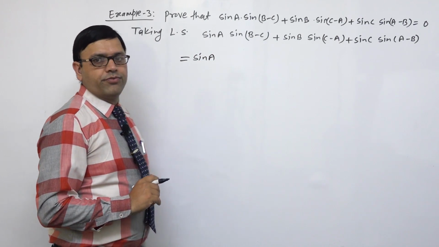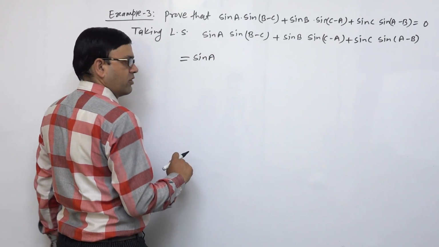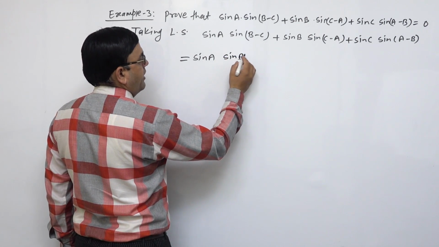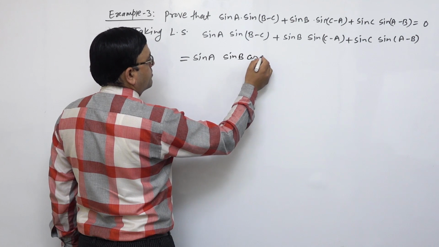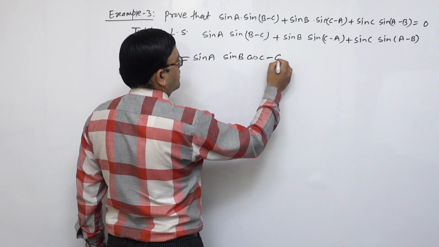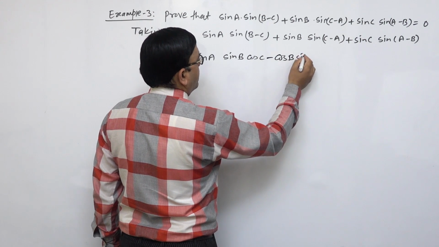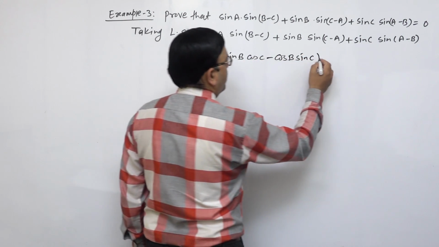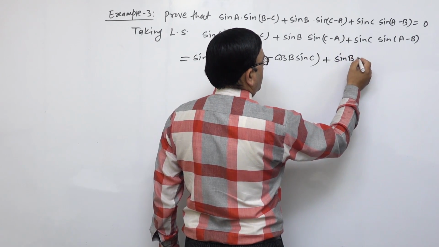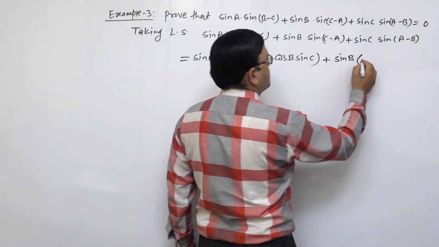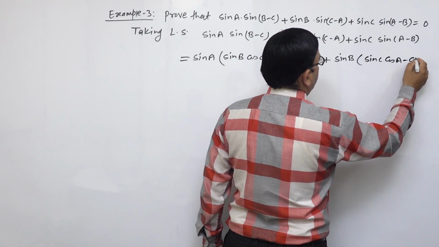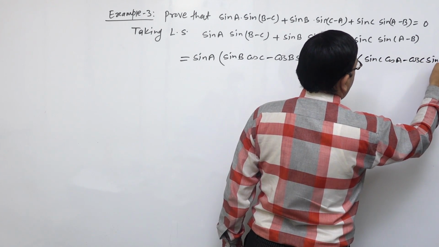You know the formula of sin(A minus B) is sin A cos B minus cos A sin B. Similarly here, we can write sin A cos B instead of A B, instead of B C. So minus cos B and then sin C, plus here is sin B times sin, here also (C minus A) means sin C cos A minus cos C sin A,